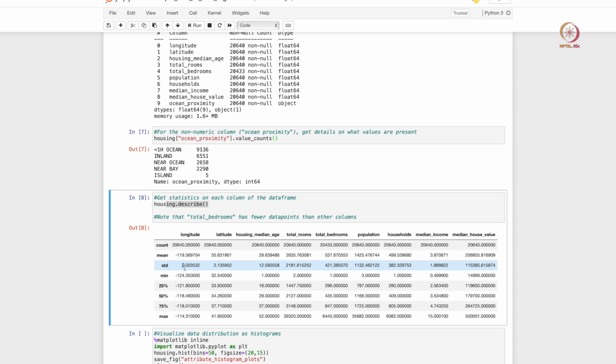What is the minimum value, the 25th percentile value, 50th percentile value and 75th percentile value, and what is the maximum value, right. And we can get such statistics for all the columns that we have, and even for the target value. So we see that the minimum is about 14,999 and the maximum is about 5 lakhs here, right.